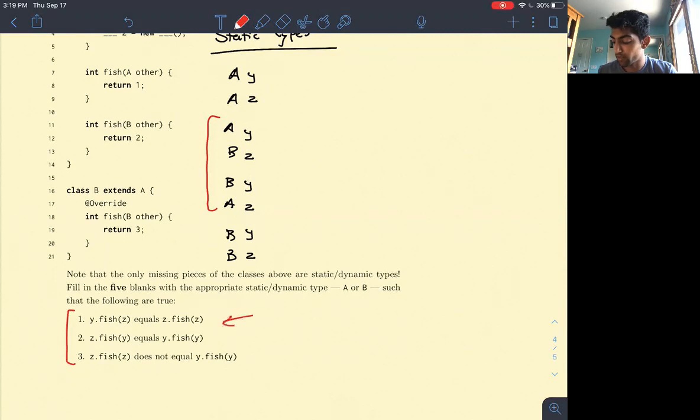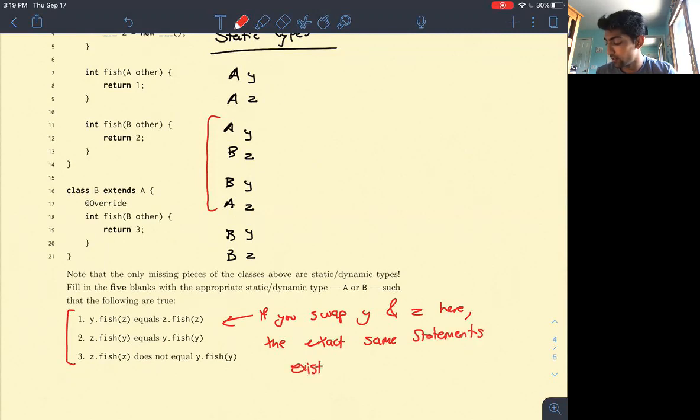So prove to yourself that if you swap y and z here, the exact same statements exist. Okay? So what that's saying is that these two are indeed the same possibility, so we can ignore one of them. And then looking at the last possibility, if the static type of y is B, and the static type of z is also B, that entails the dynamic types are both B,